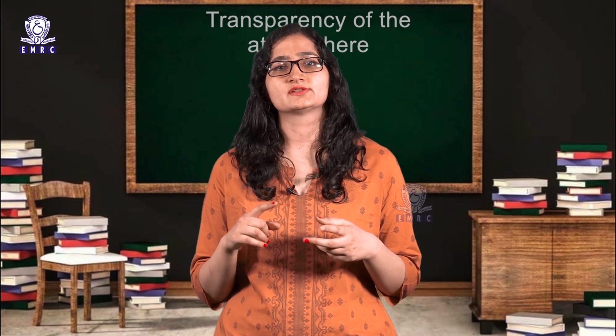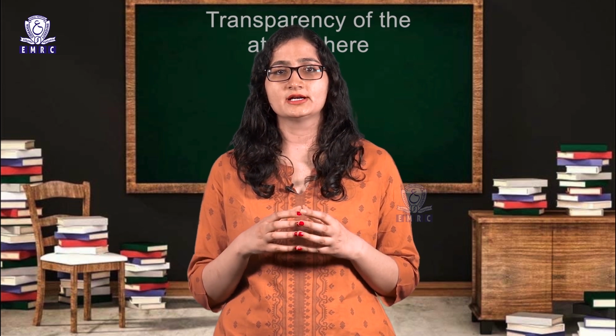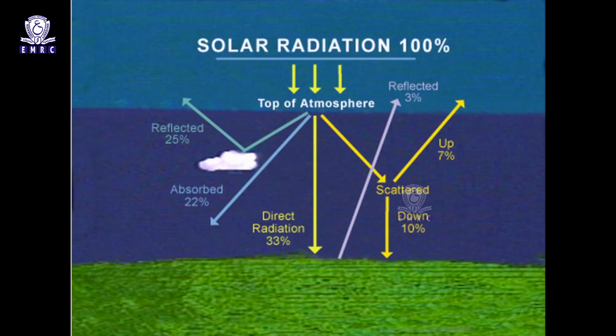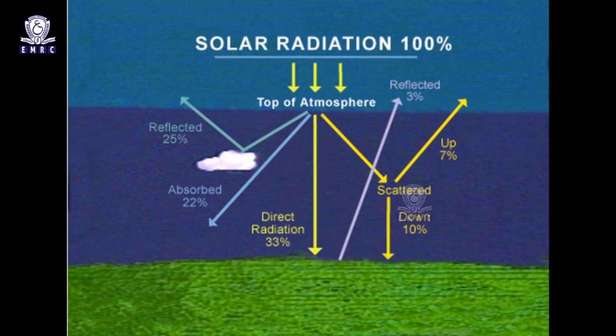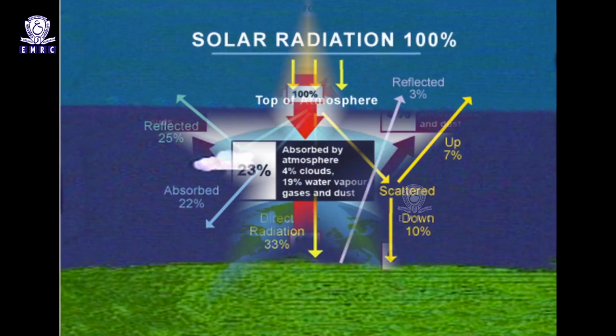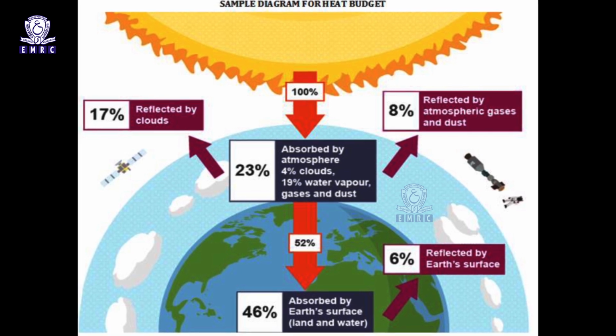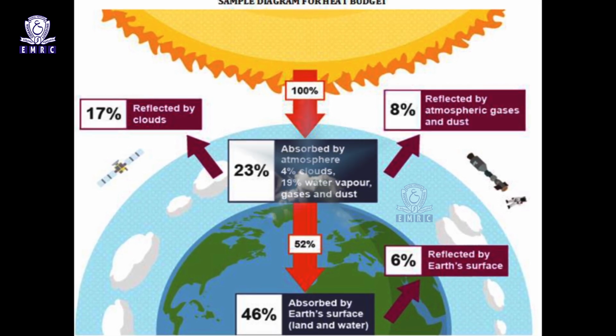The fifth factor is the transparency of the atmosphere. Transparency of the atmosphere is an important control on the amount of insolation which reaches the Earth's surface. Reflection from the dust, salt, and smoke particles in the air is an important mechanism for returning shortwave solar radiation to space. Similarly, reflection from cloud tops also depletes the amount of solar radiation that would otherwise be available to the Earth. The effect of certain gases, water vapor, and dust particles on reflection, scattering, and absorption is well known.